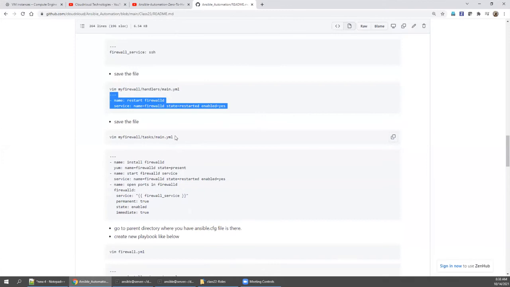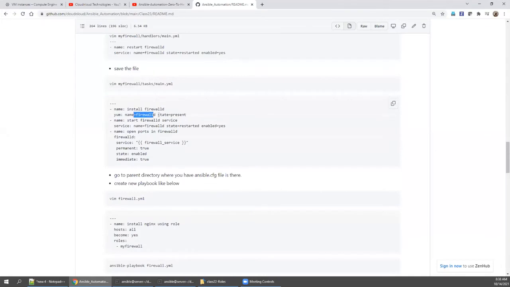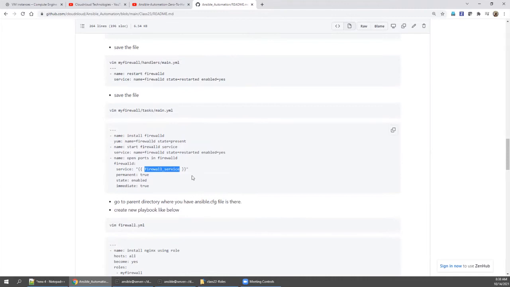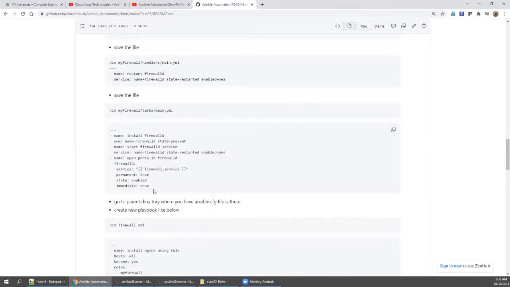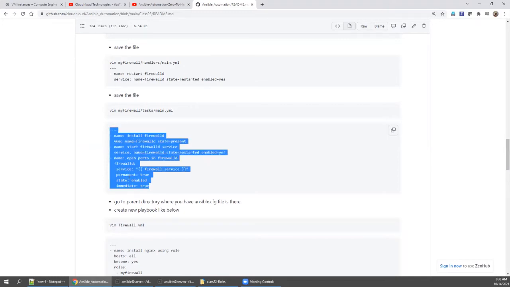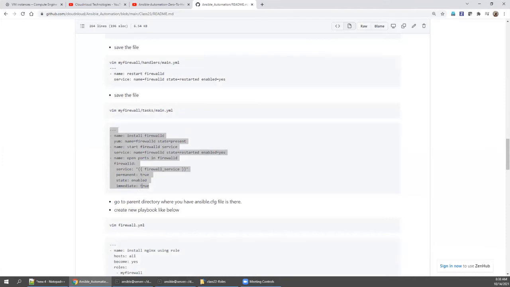Come down, and the main task is what you are going to do in this dummy role. I'm going to empty this and come down. So I'm going to install firewalld, start the firewalld service and open. Here, instead of hard coding the name, I am mentioning a variable. The variable will be SSH, but this is a dummy value, right? But you need to simulate what you actually need to do. So I'm going to copy this, go here, say insert mode and paste it, right? So let's save this and come down.